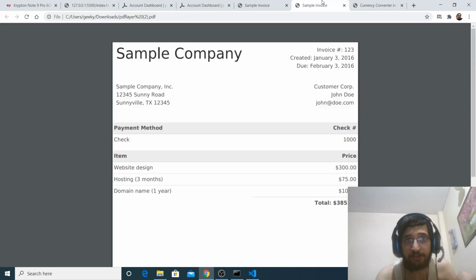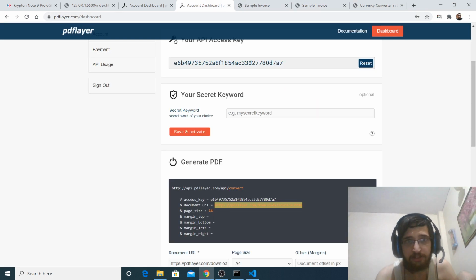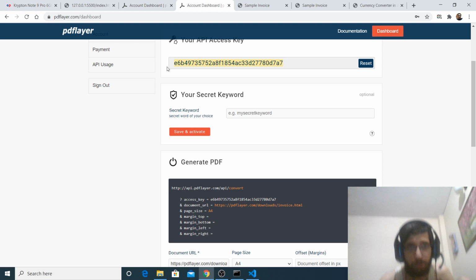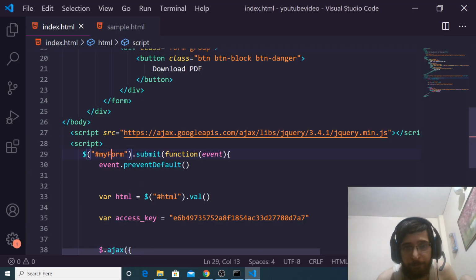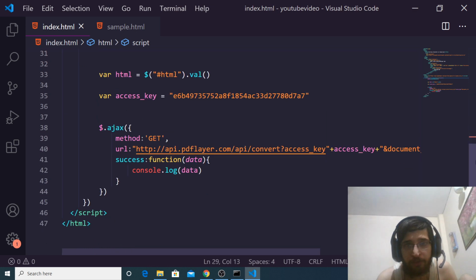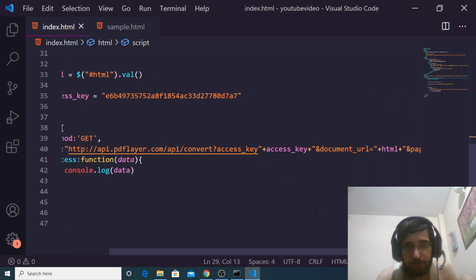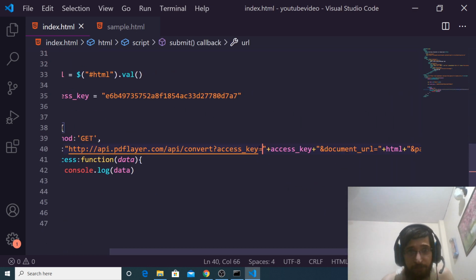Missing access key. I think that the access key is wrong. If I again copy this, I have missed the equal sign, so that is why this was the error.